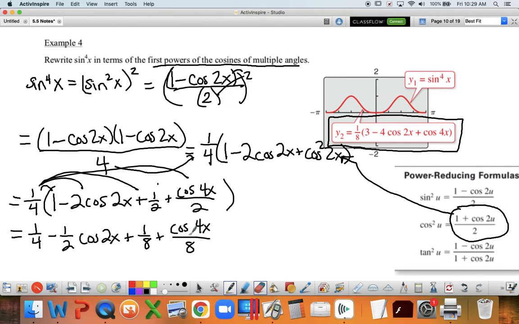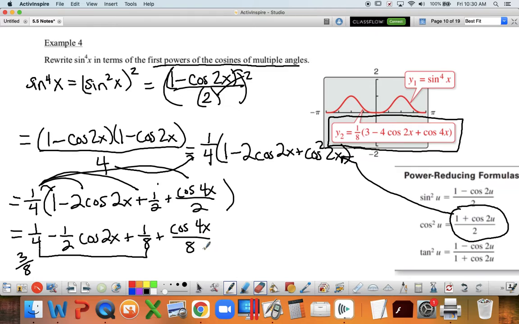Okay, now what I'd like to do is get it to look exactly like this. First, I need to combine these two together, so it's 1/4 plus 1/8. That's 3/8, so I know that's there. So I've got 3/8 minus 1/2 cosine 2x plus 1/8